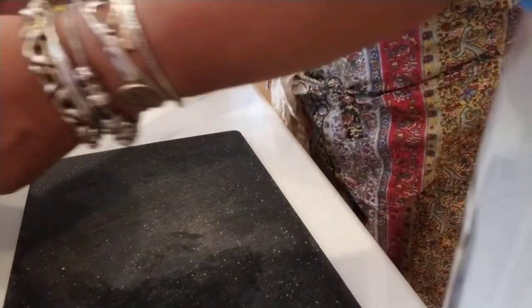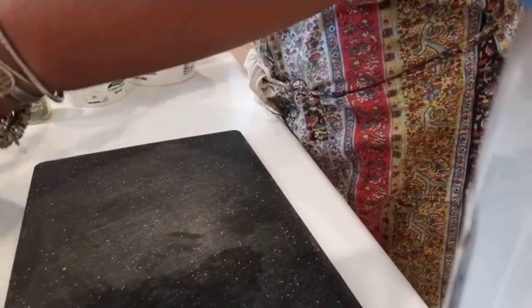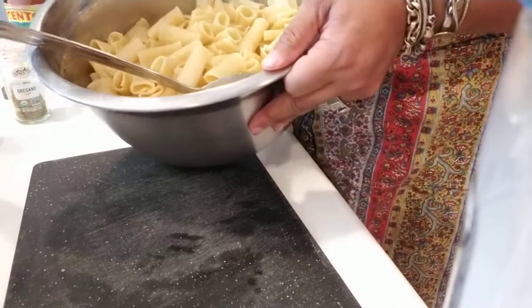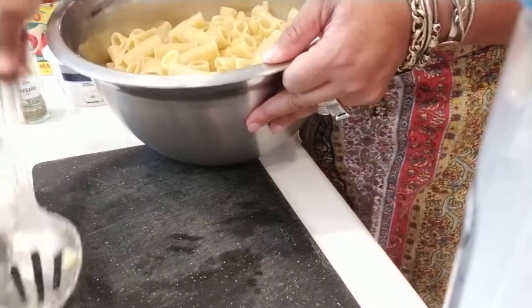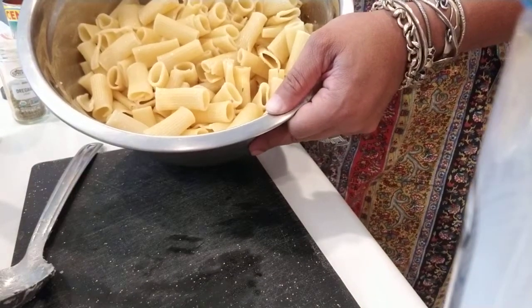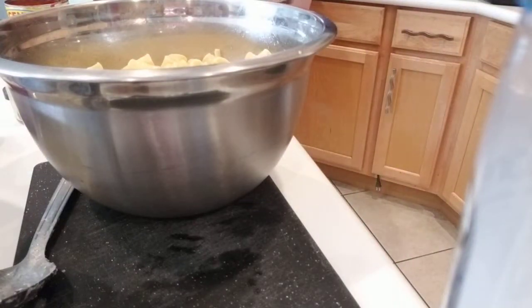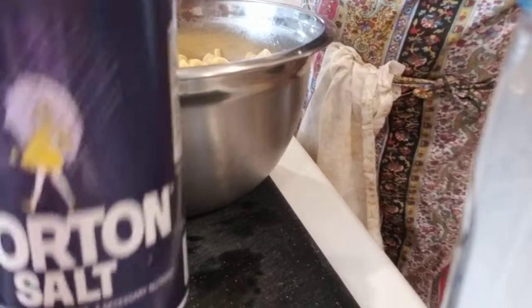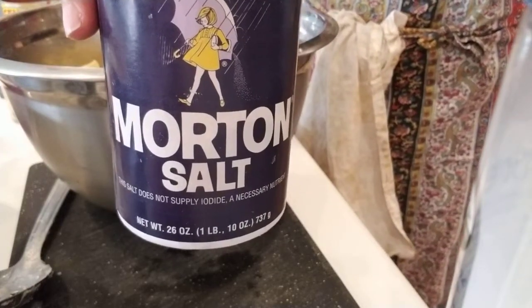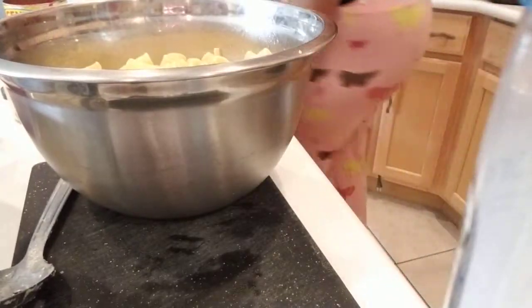Now my next mixture, let's go to the noodles. When you're doing any type of noodles, whether it's spaghetti noodles or elbow macaroni noodles, you always boil the water first before you put the noodles in. And in my water, I buy this kind of salt, Morton's. I sprinkle this, maybe 2 tablespoons of salt. And then I pour in there